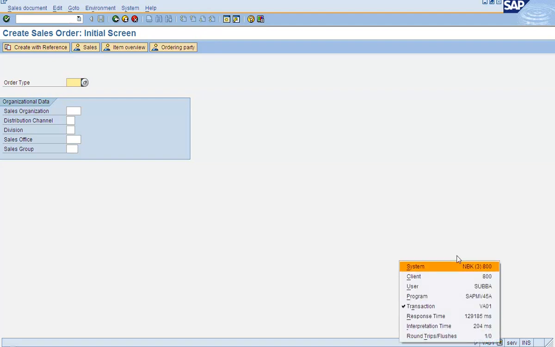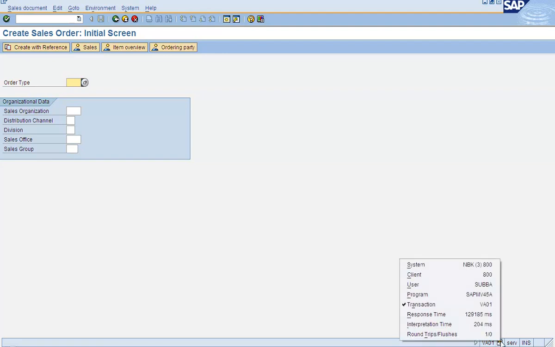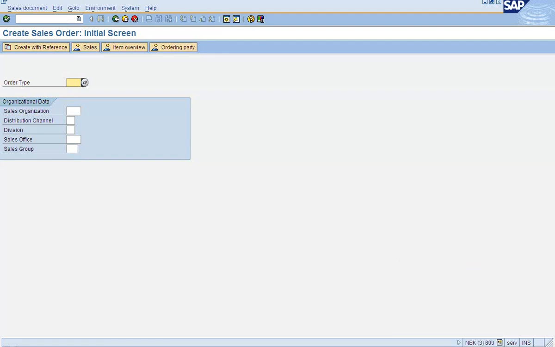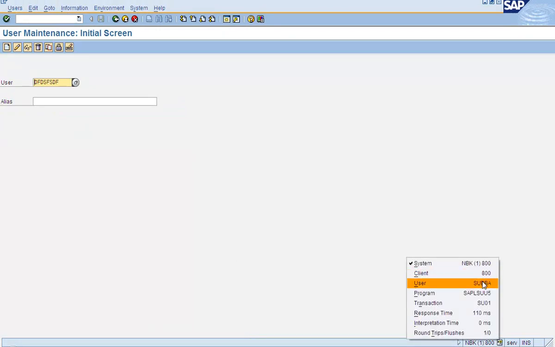But you cannot have all at a time. But you go to every session and you can have your own set of information.